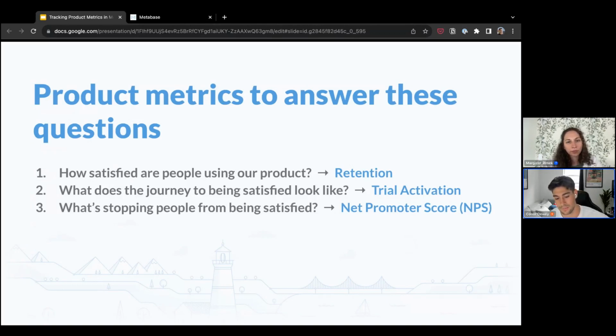if they're sticking around. Number two, what does the journey look like to being satisfied? For us, for Metabase, we have a trial. So we have a 2-week trial period. And for this, it's really about understanding how many people are coming in the door and having success early on, enough to actually activate and pay us money. So this is imperative to making product decisions, knowing how people are early in the journey and how they're getting